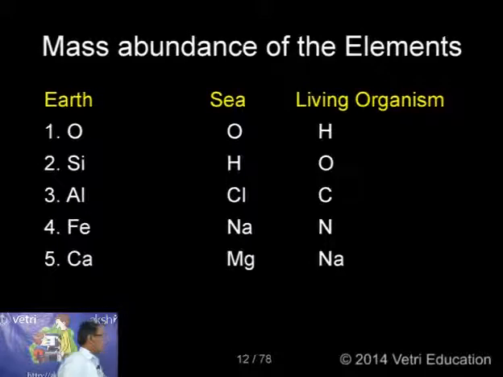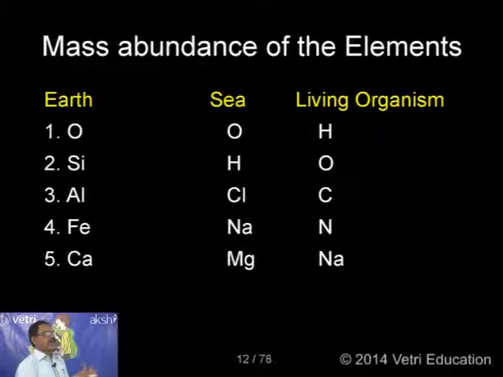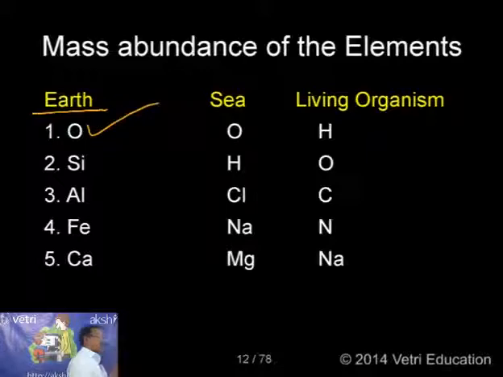Here I have given a list of the most abundant elements normally present in the earth, sea, and living organisms. I have given the list because sometimes a competitive question can be asked. Among that, the source that we are getting from earth: the most abundant element, number one, is oxygen. The next element is silicon